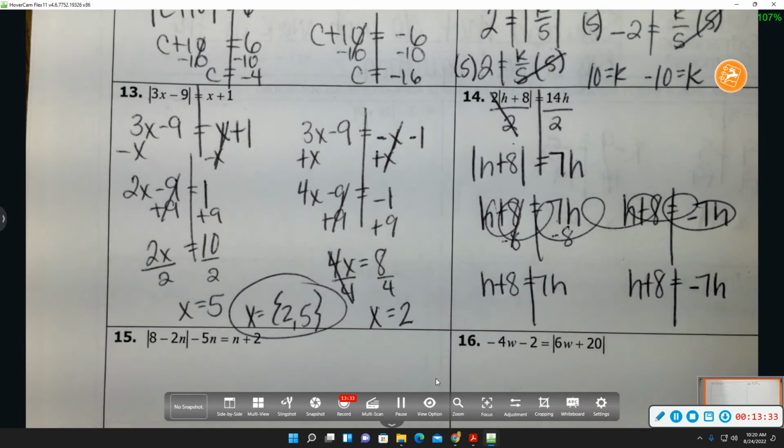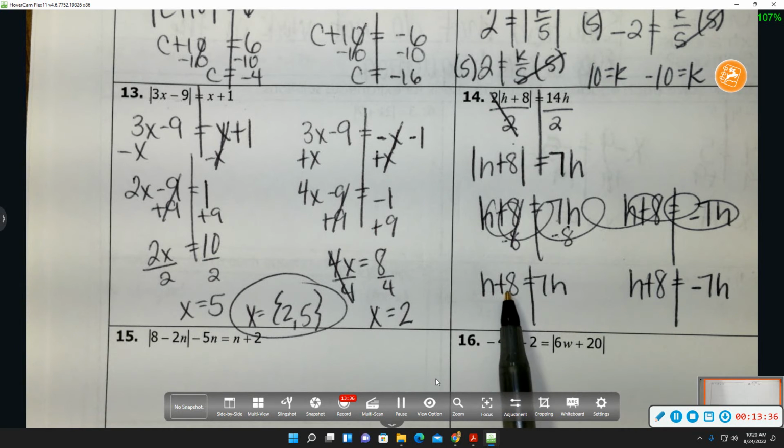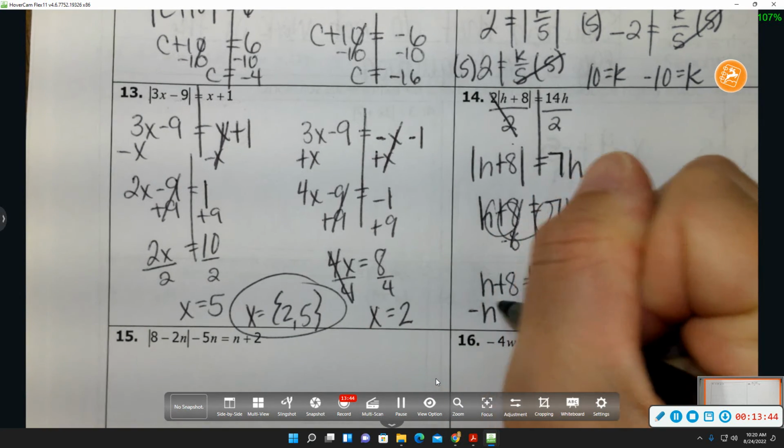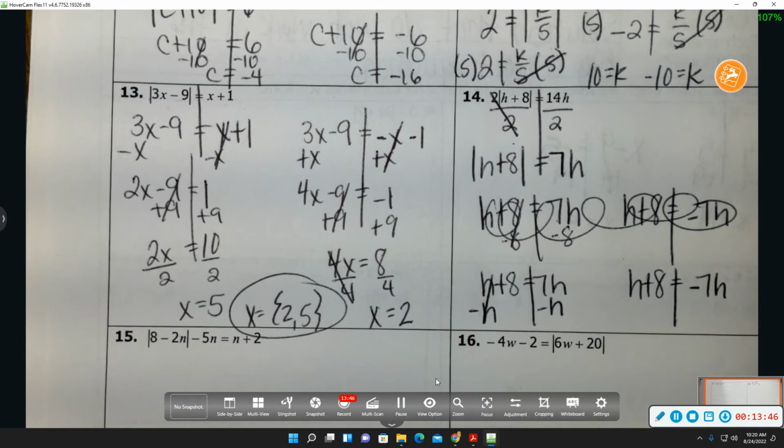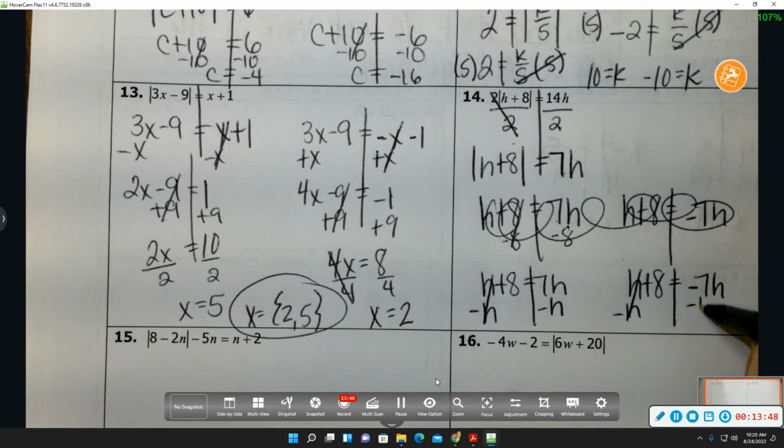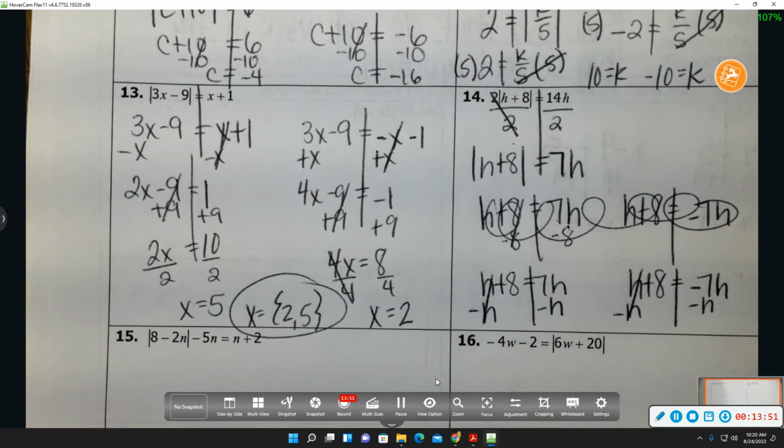So if you look here, we have variable, number, and then a variable. So I wouldn't actually subtract the 8. The 8 can stay over here. I would move the h over here because you want to move the h's on the same side. So same thing here. So I would say, okay,